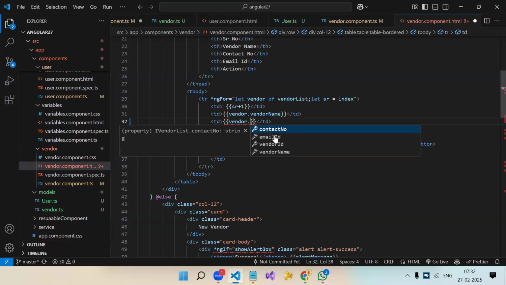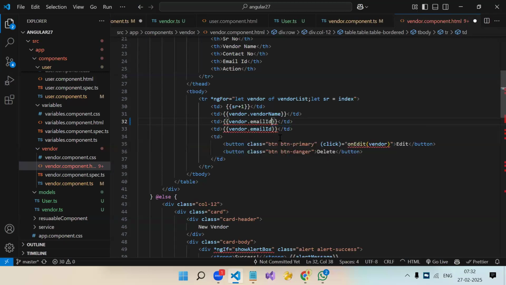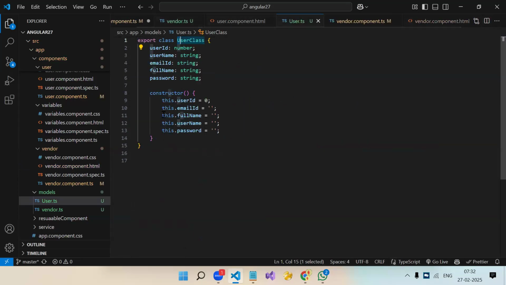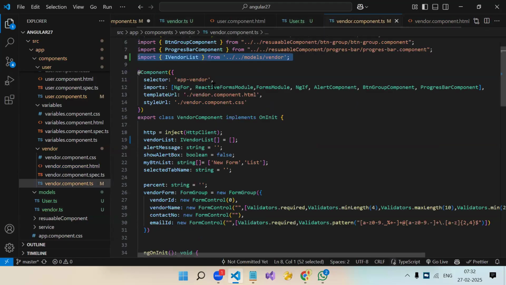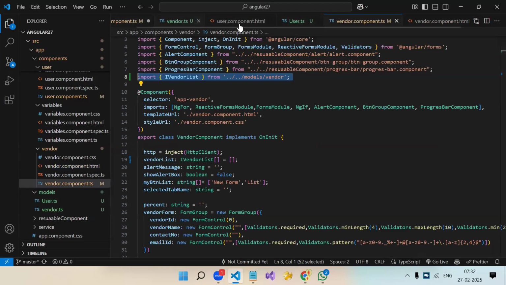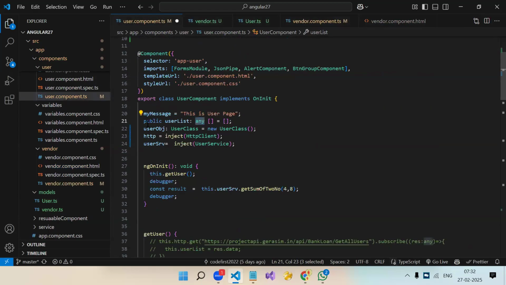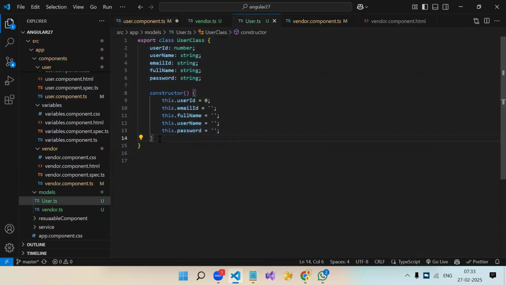What's the difference between a class and an interface then? Okay. So now when do we have to create the class and when do we have to create the interface? Suppose you are creating a variable, and in that variable you are going to bind to your template form or reactive form. You will create a class, because a class has the constructor, and by default in a single place we can initialize all the fields.